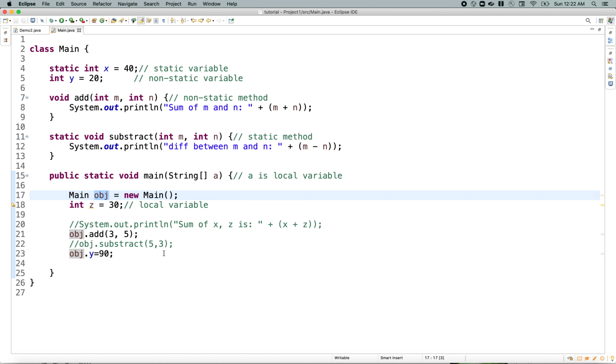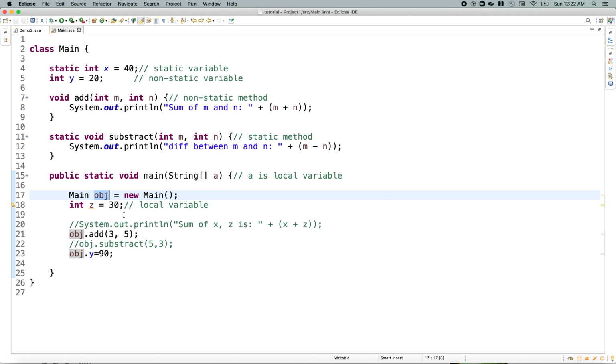And we have covered how to access the static and non-static methods using the object or class. In the case of static members, we can access them using the class name or using the object, and in the case of non-static members, we can access the non-static method only using the object of the class.